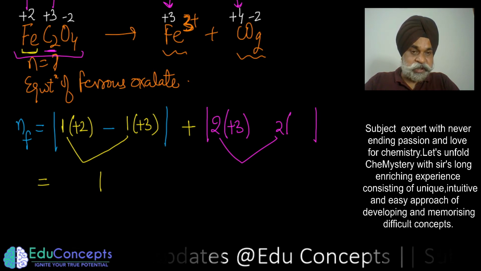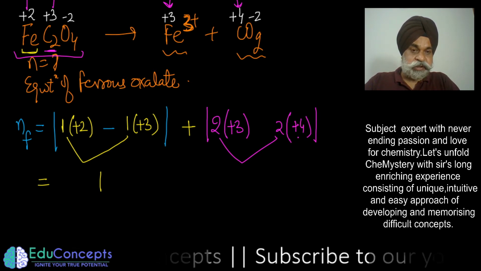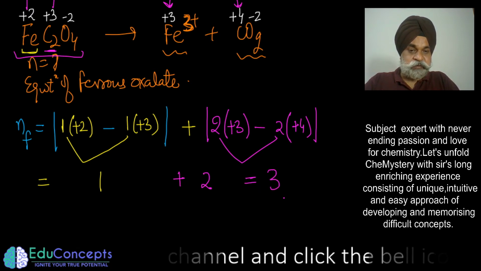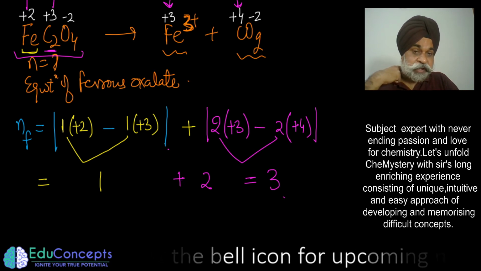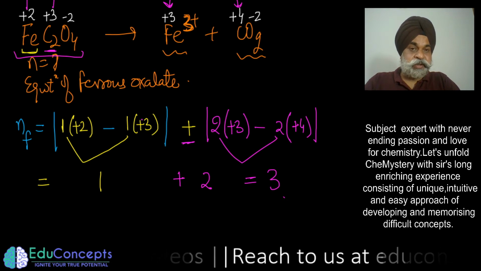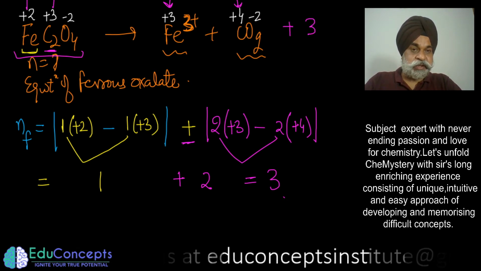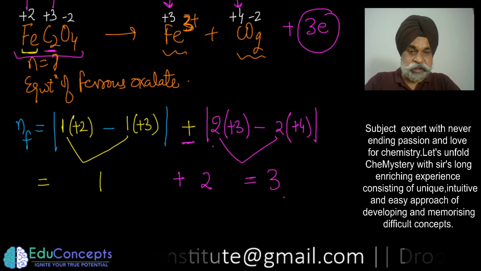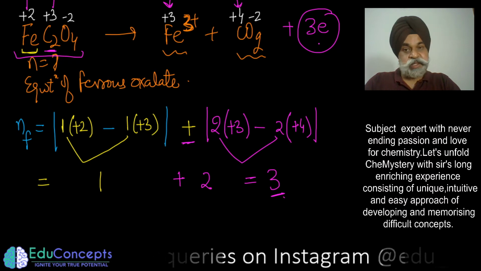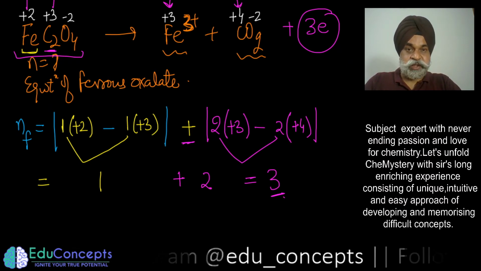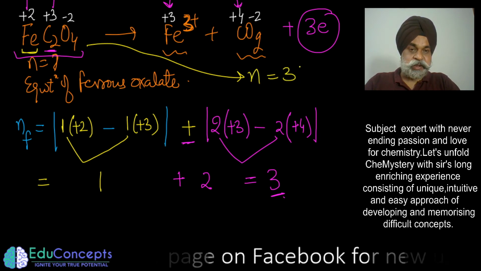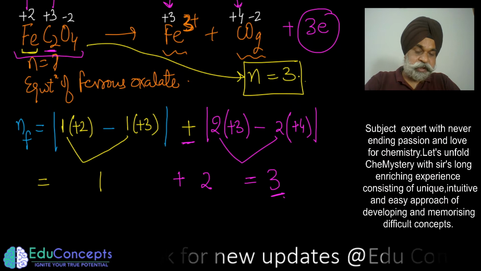But when they are reaching the product side, they are reaching with +4 oxidation state. So here the answer would be 2. So the total N factor would be 3. Now many of you would ask why I added them. Because both are undergoing oxidation, you have to tell how many electrons have been lost. 3 electrons have been lost. So 1 mole of ferrous oxalate gave me 3 moles of electrons. So I would say that the N factor of ferrous oxalate in this particular case is 3. I think I made my point clear.